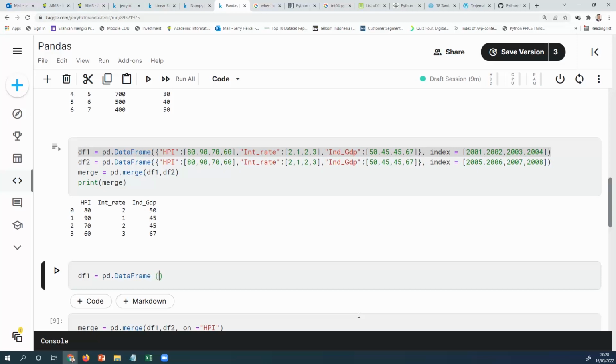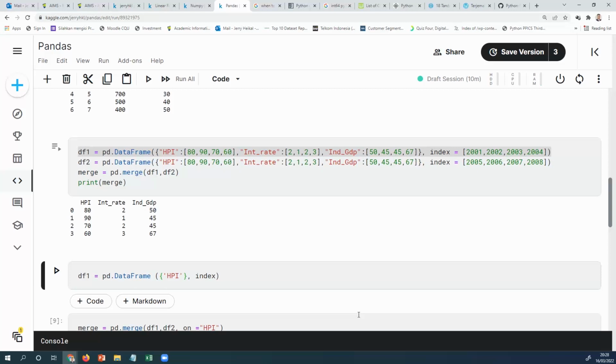Sorry, because there is an index, we need the parenthesis first, and then the curly bracket second, comma with the index. In the curly bracket, we have three variables: HPI,